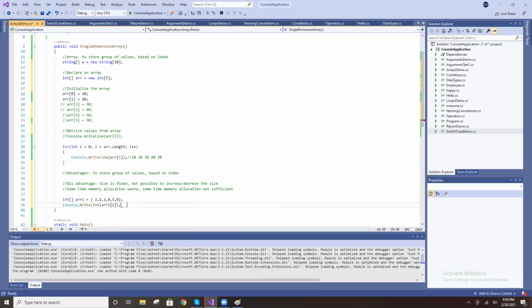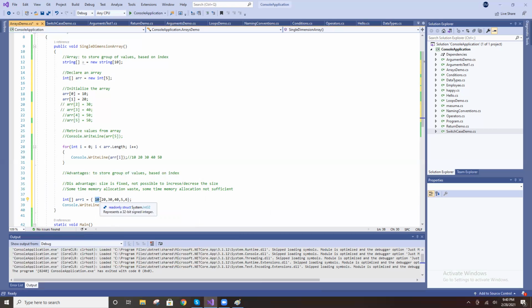Tell me what will print here. The number 1 will print 10. Sorry, 20. You don't forget, the array starts from 0.